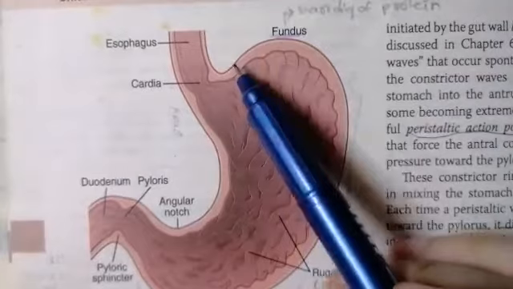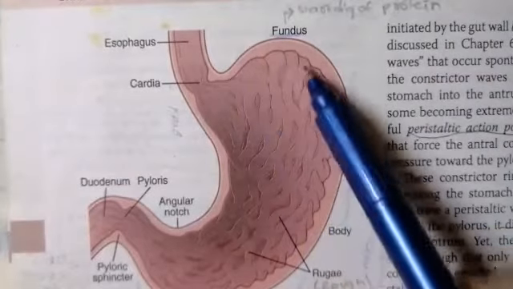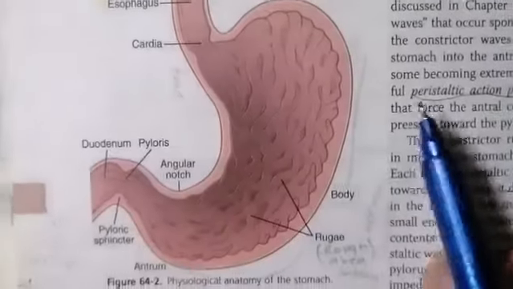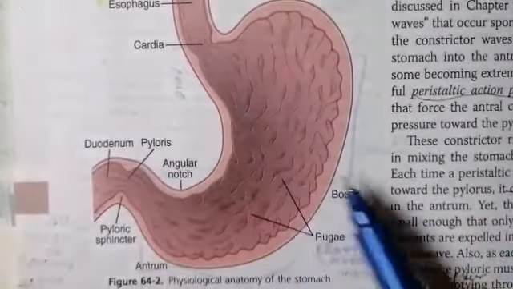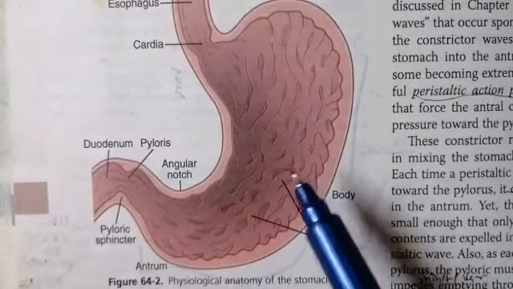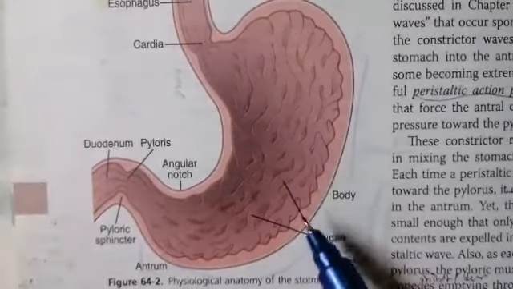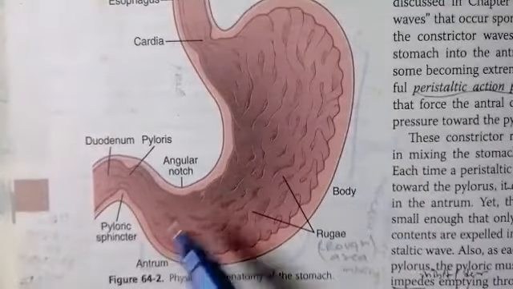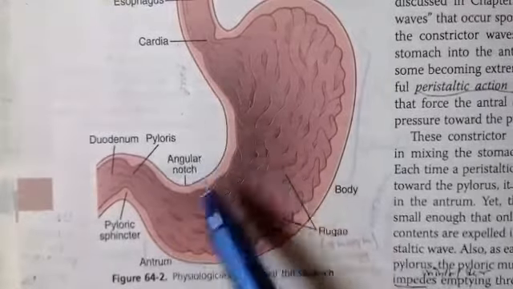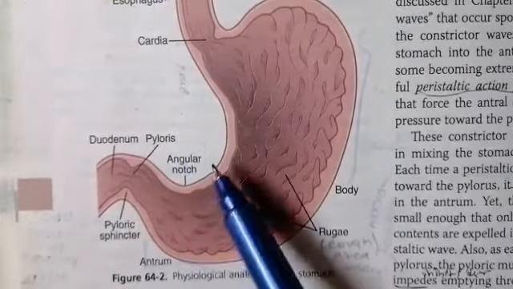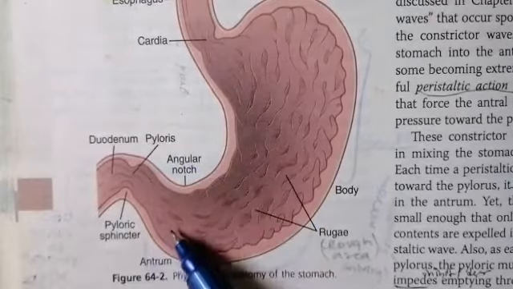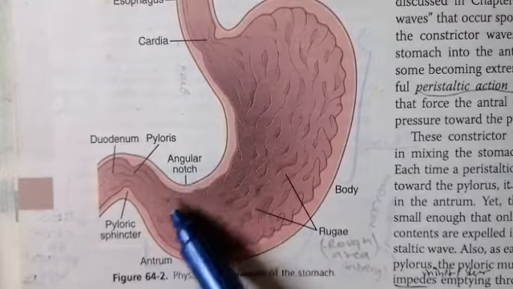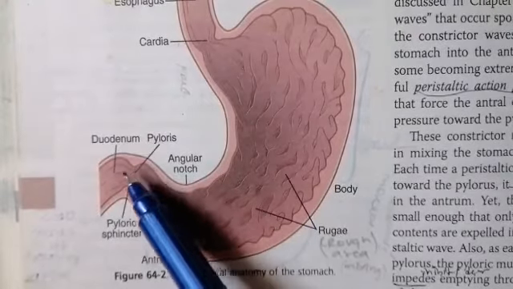Then comes the fundus, which is the most important and wider part of the stomach. The fundus of the stomach is filled with acid, and then it curves around the body. The body of the stomach is the major site for the storage of food. Then from the body and the fundus, which are the major part of the stomach, there is a narrowing, and this J-shaped curve of the stomach forms the antrum portion. This part, the ending or narrowing of the stomach, is called the antrum portion. And this antrum portion ends at the pylorus.